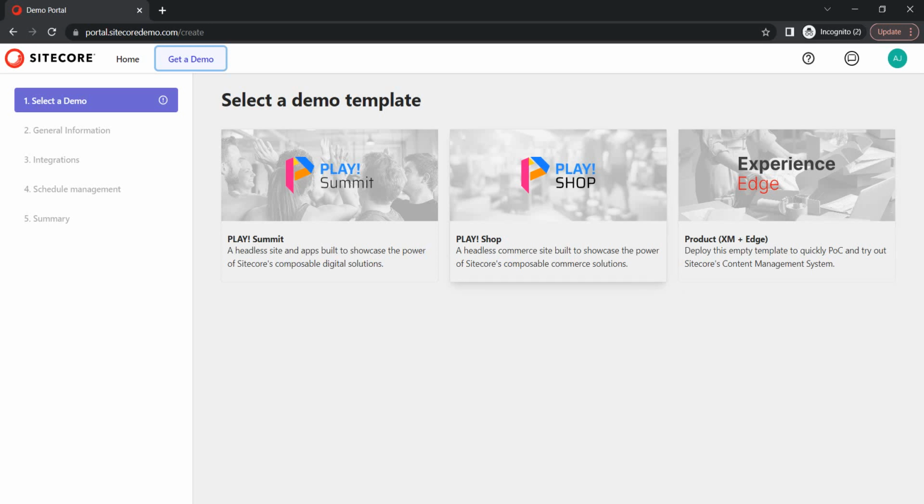Then we have Place Shop. Here you see it's a headless commerce site built to showcase the power of Sitecore composable commerce solution, right? You can integrate your OrderCloud, your CDP, your Vercel for the deployment and things like that. It's all about composable architecture as far as the Sitecore offering is concerned. And the third one we have is Place Summit. It's a headless site and app built to showcase the power of Sitecore composable digital solution. This is something which I already have